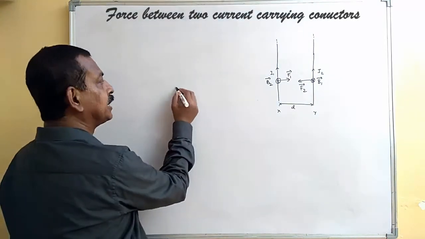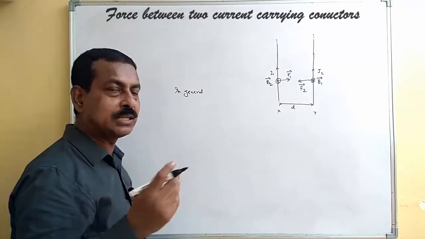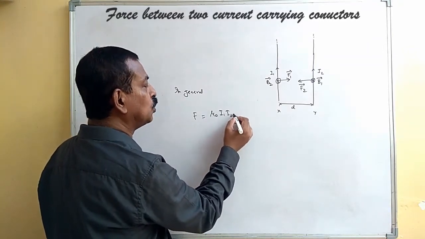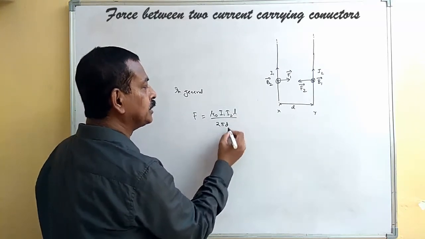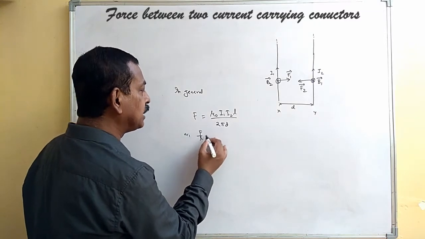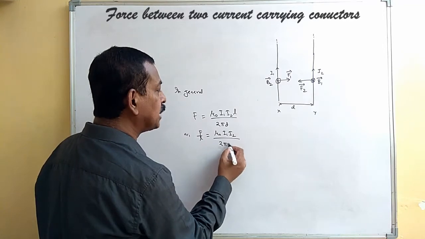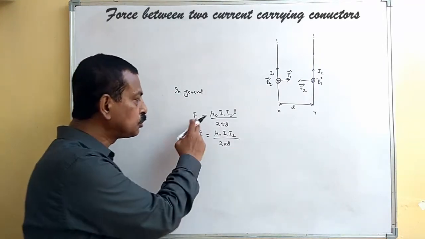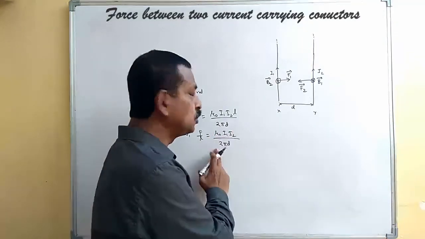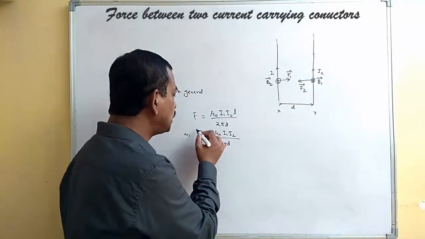In general, the force experienced by L length of the conductor is F = μ0 I1 I2 L / 2πd, or F/L = μ0 I1 I2 / 2πd. That means the force per unit length of the current carrying conductor will be μ0 I1 I2 / 2πd. We use this expression